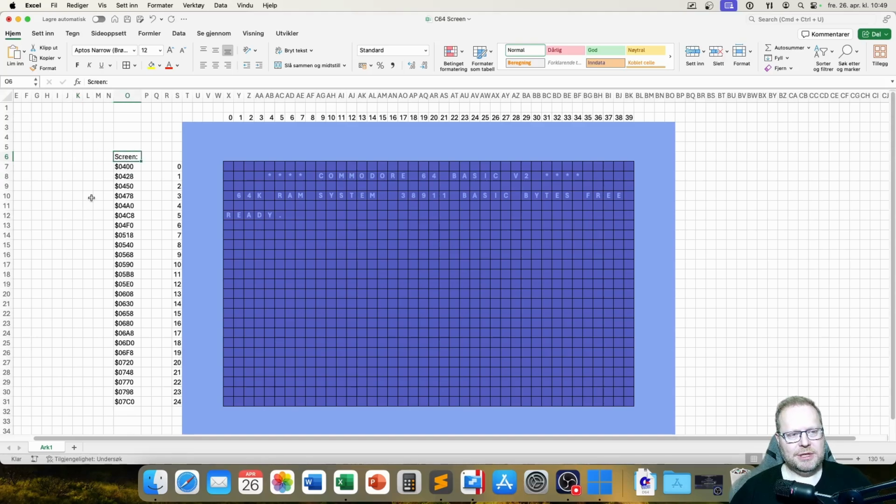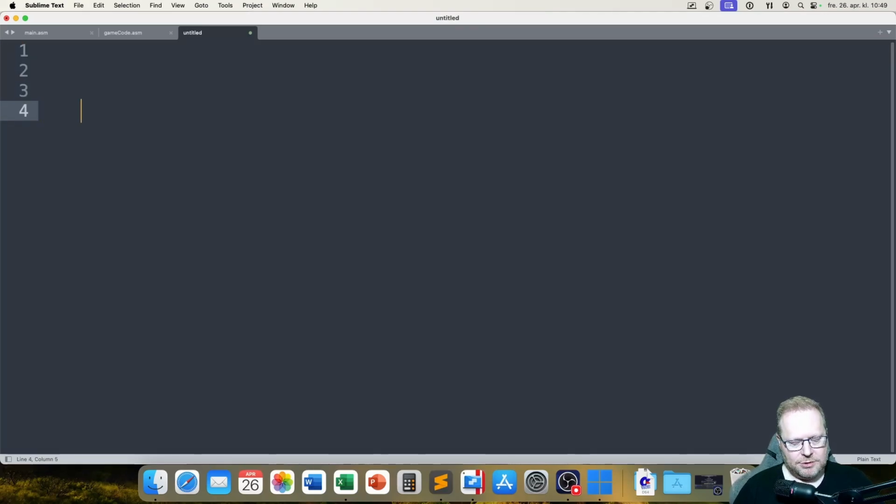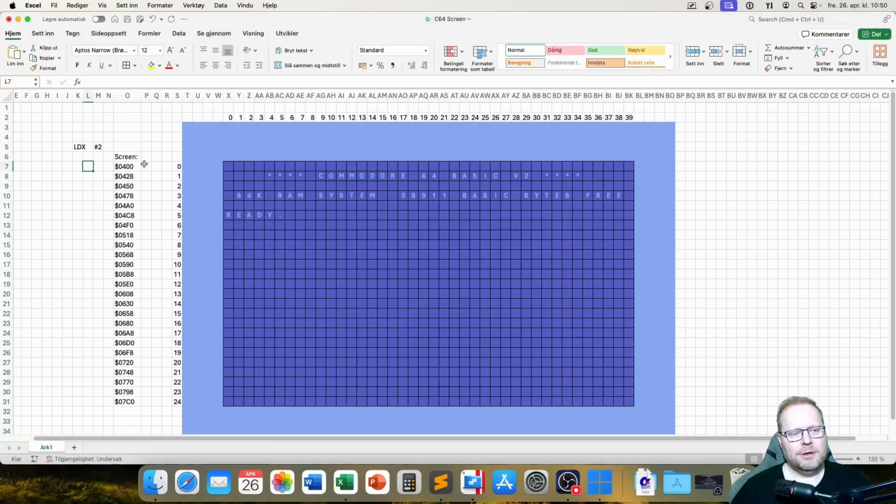So what I could say right now is load X with hashtag 2. And then I could say load A with screen comma x. That's how we use tables, right? We load X with an offset, then we load the label of the table, comma x. So in this case that was 2. So how would that work here? Well, if I say load A with screen comma x, we get 0, 1, 2. So now X is here,